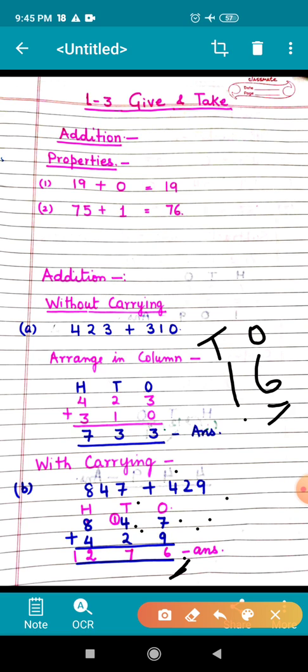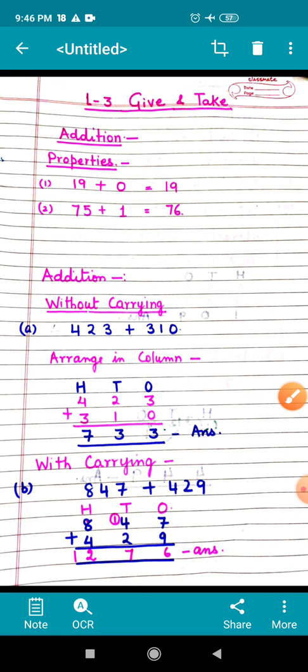Here you can see I have written 1 with a pink pen. Okay, and after that you will add each digit present on the 10's place. So 4 and 1, 5, and 5 plus 2, 7. After that you will go to the 100's place and add the digits. 8 plus 4, it comes 12. So this 2 will be on the 100's place and 1 will go on the 1000's place. Here it is not written, but it is understood that 1 is on the 1000's place. So the answer is 1276. Children, hope you all are getting it.